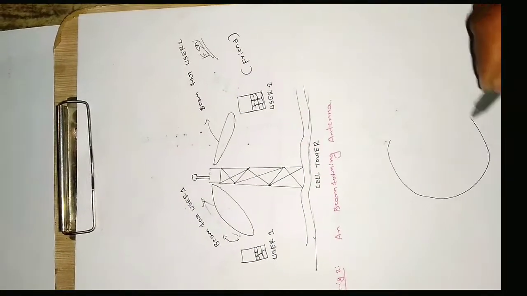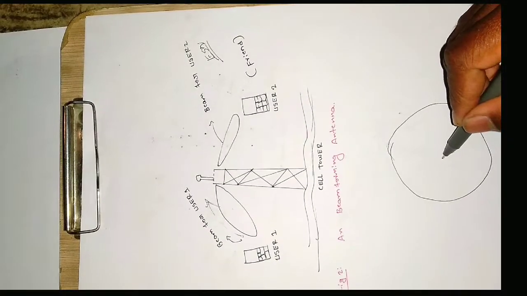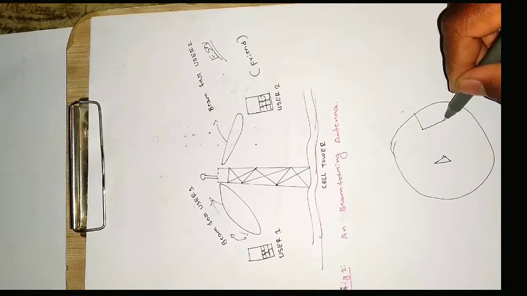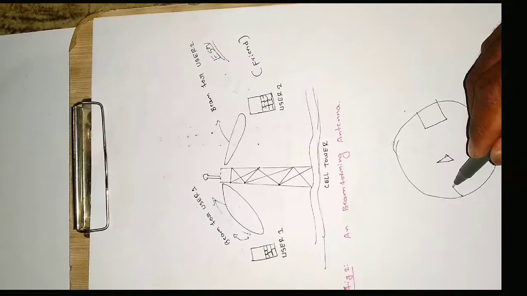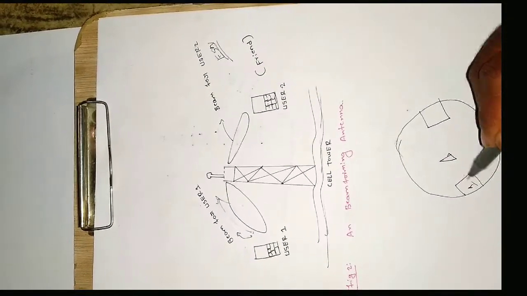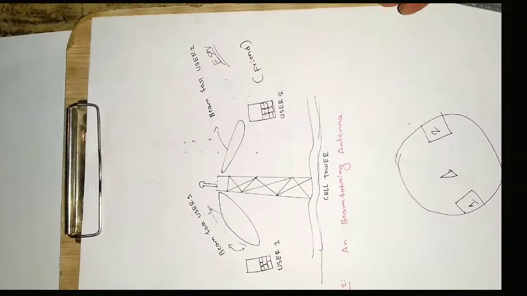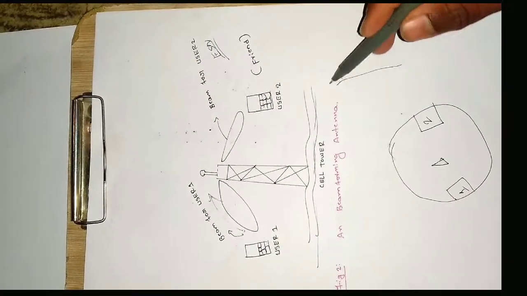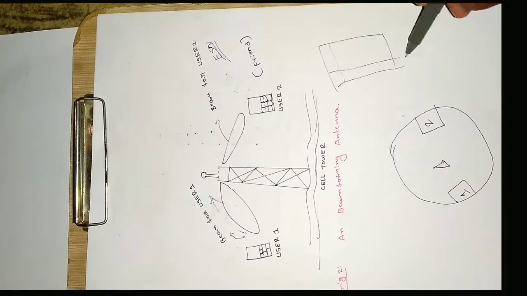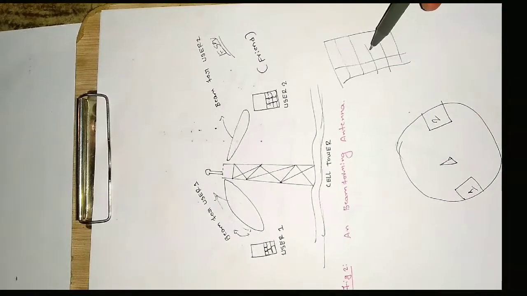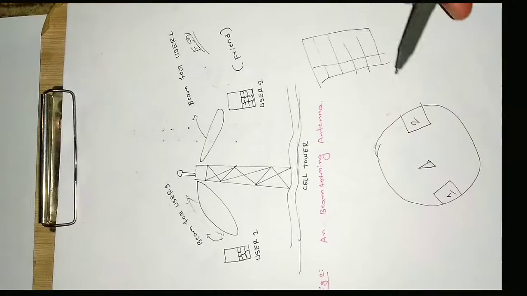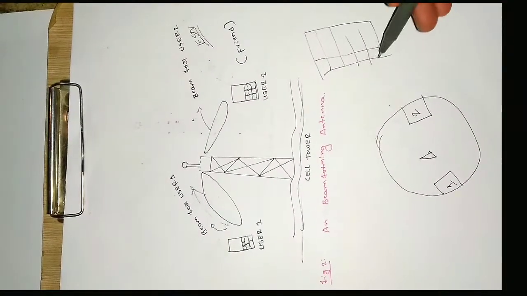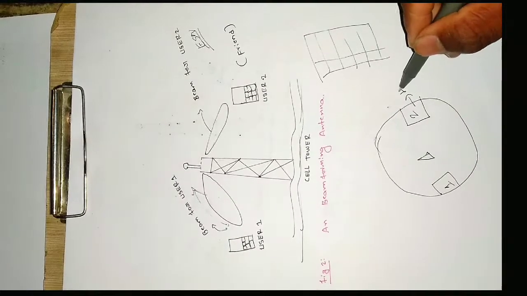So let us say this is the premises here, and this is the cell phone tower. Okay, and this is your home, and this is user 1, and this is user 2. So what it will be doing is maintaining a database here. In the database, it stores where you probably are, because most of the times when the cell phone is trying to connect, you will be found in a particular location, let us say home.